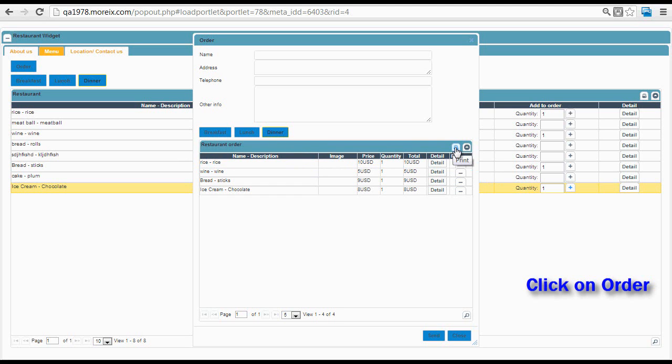He can enter his name and address and any instructions that he wants to leave, and then finally he can send it to the restaurant by clicking on the send button.